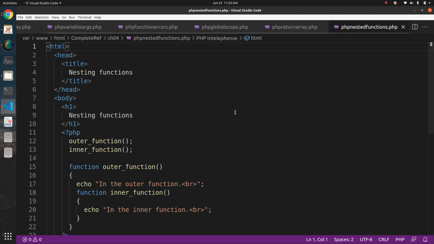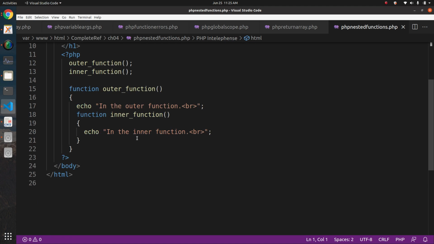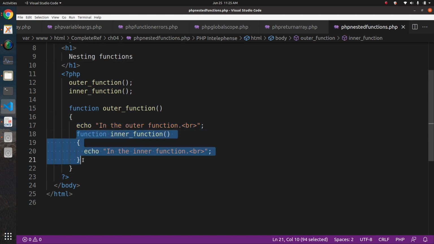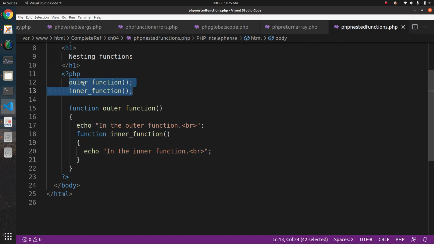Nested function. There is one thing that is very different in case of functions in PHP from other languages. In other languages like C, you might have seen that you cannot define a function within a function, but in PHP you can do that. So now you can see that you can do nesting of functions like that. We have defined a function named outer function, and we display one message there, and then we have defined another function in that function. We gave it the name inner function, and we displayed another echo message there, and then we have called those functions, outer function and inner function.